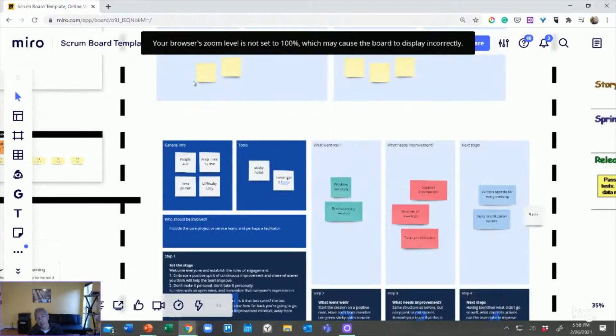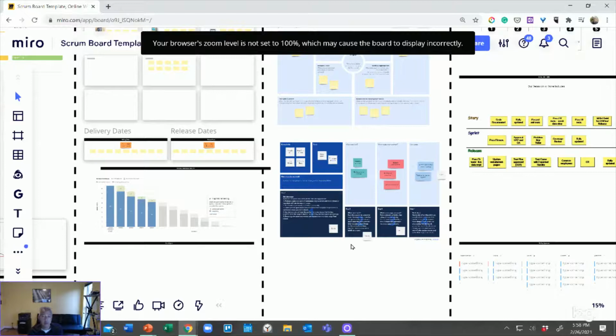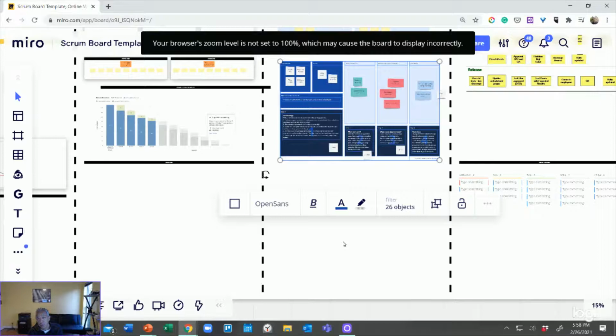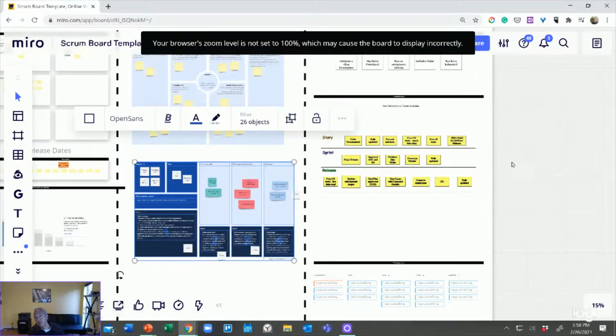And then it has a retrospective standard, what went well, what needs to improve, what are the next steps. You can change this as you would like to run your retrospective for that particular sprint. I personally like to have a new retrospective style every sprint. So there's plenty of room to do that. If you're not using this one, you can click on it and delete it. And then there are the